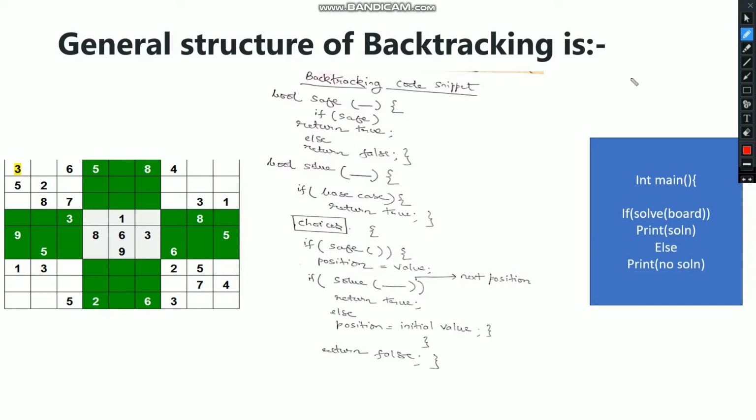Hello friends, in this video I'll be discussing the code snippet which I personally used to follow while writing backtracking code. The main thing behind using this is the concept of generalization. Backtracking is a concept where we need to solve many problems, so I think there must be some generalized code. By using this we can solve the backtracking problem in an organized manner.